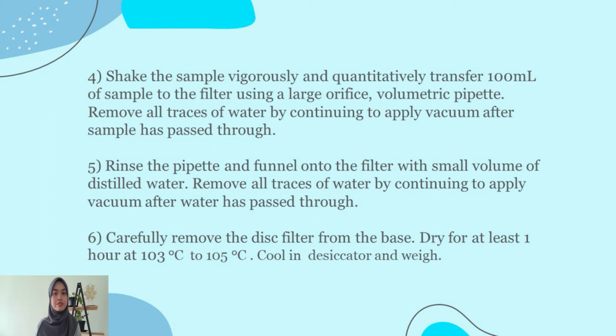Next step, rinse the pipette and fill onto the filter with a small volume of distilled water. Remove all traces of the water by continuing to apply vacuum after the water has passed through. And then lastly, carefully remove the filter disc from the base. Dry for at least 1 hour at 103 degrees Celsius to 105 degrees Celsius. Put in the desiccator and